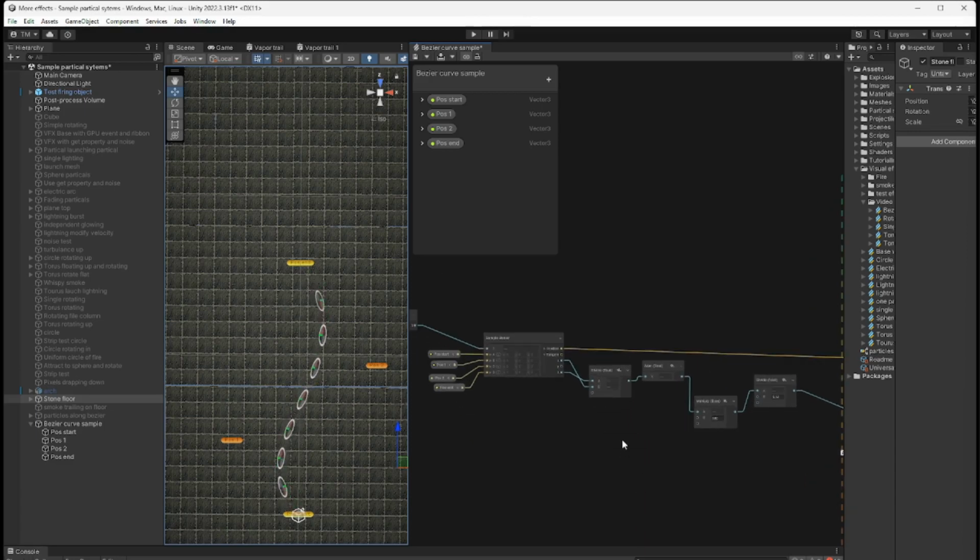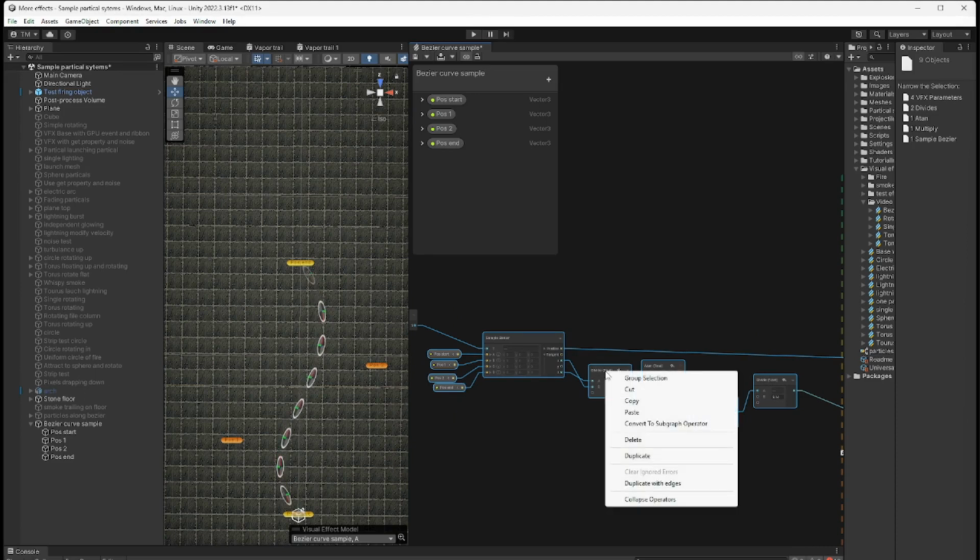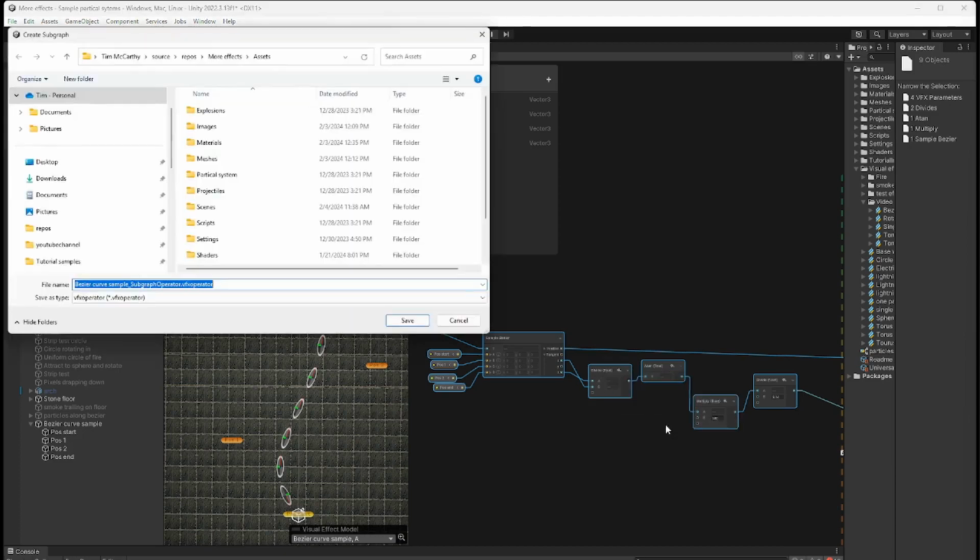Now there's a lot of items here, and I'll show another thing that Unity gives us, which if I go into here, I can convert it to this subgraph operator. So if you have a combination of nodes that you use a lot, or if you want to simplify one of your VFX graphs, you can group a group of nodes together and make it into a subgraph, and then just add it as one node. And so this is very handy, and in this case I want two of these, and it's going to get kind of complicated, so I'm going to create that into a subgraph operator,